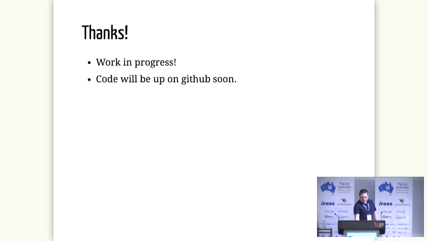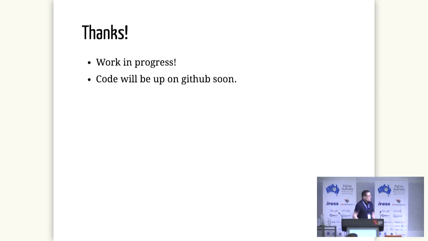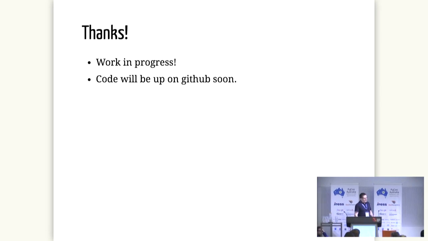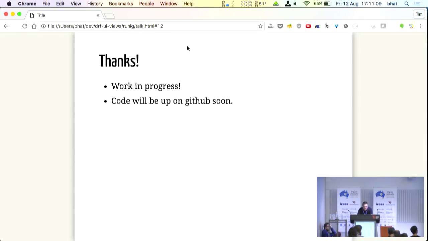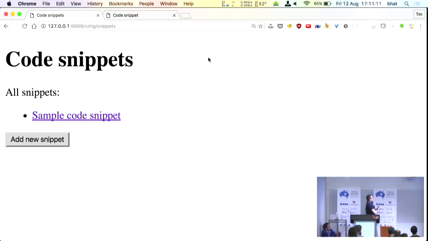That's a work in progress, and with our remaining something approximating 1 minute, here's 1 minute. Let's see if we can. Oh, here we are. So here's our code snippets. We've iterated over all the code snippets, of which there is one. And if I click the link,